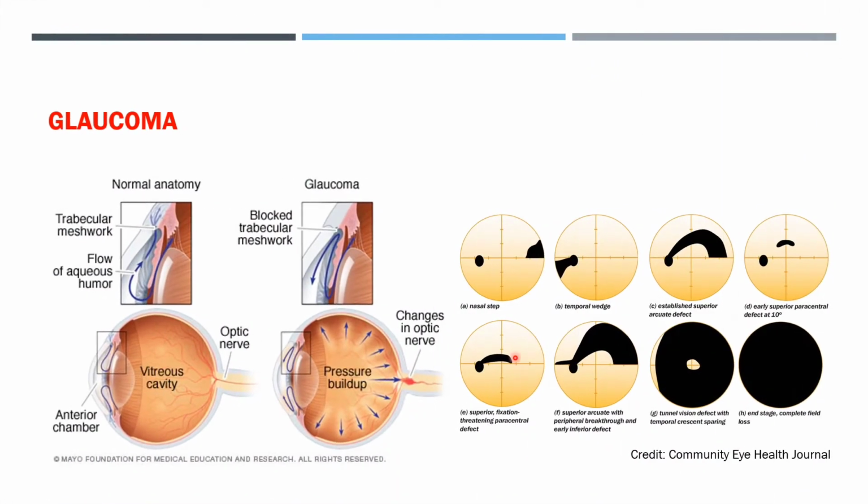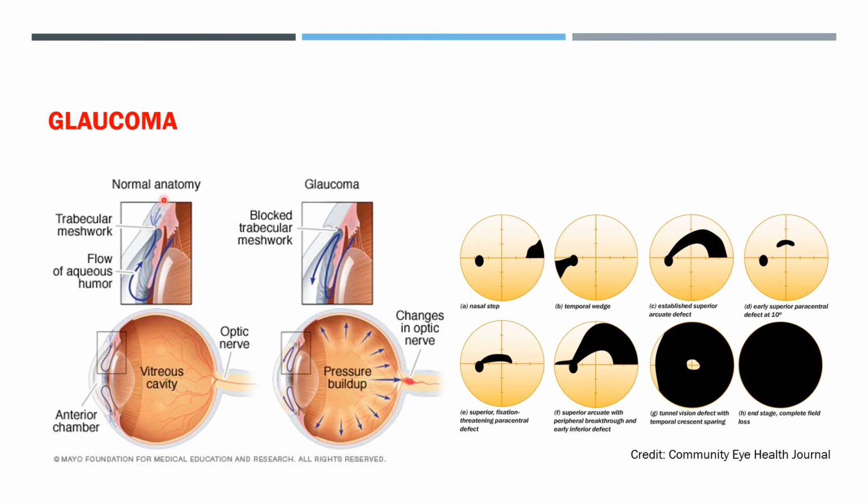Now another common condition of visual field defect is known as glaucoma. In Gujarati we also call it jamarva. Now what happens in a normal eye? The aqueous humor that is present in the anterior cavity is produced from the ciliary process in the posterior chamber. From this, the aqueous humor passes through the pupil and enters into the anterior chamber, and it is drained in the trabecular meshwork and goes into the canal of Schlemm.